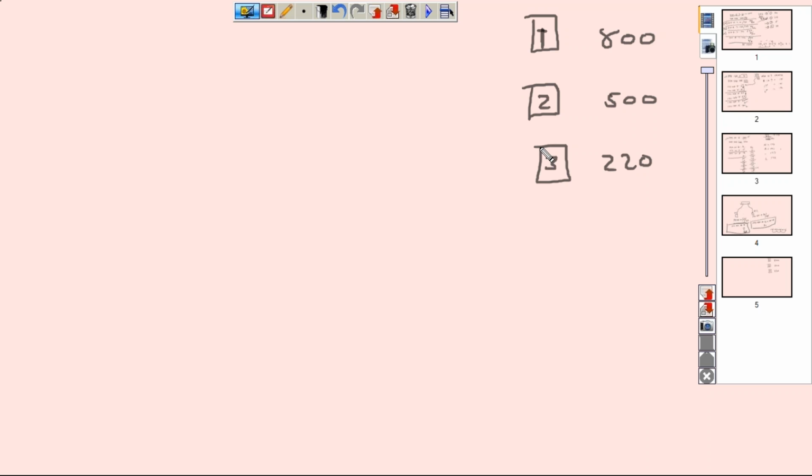No. Because we know a class C's maximum size is what? A class C means 255.255.255.0, which means you have 8 bits for the number of hosts. So the maximum you can do with 8 is 256. But at least two of our networks here are bigger than that, which means now we move to which class? B. We have to move to a class B, because a class B network can give you a network size